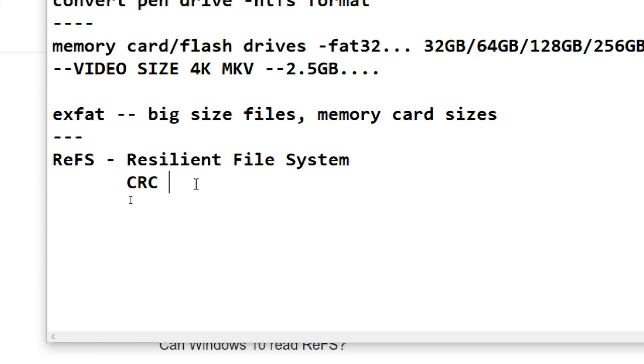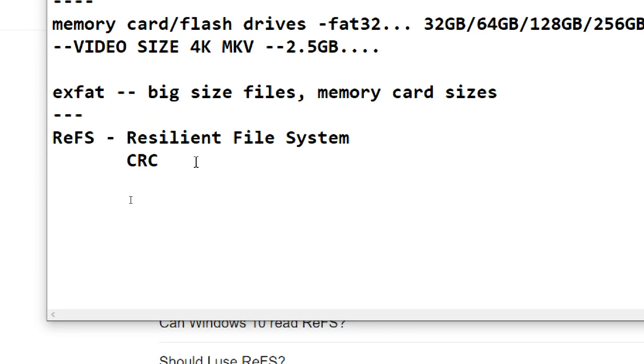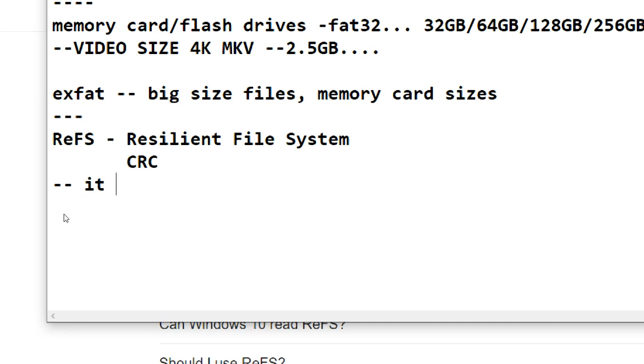So when you put in data, immediately it runs a CRC algorithm and creates a CRC value. It will verify whether the data is stable or corrupted at regular intervals. So it keeps data safe and prevents data from getting damaged.